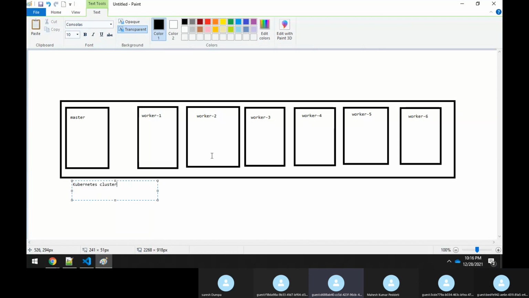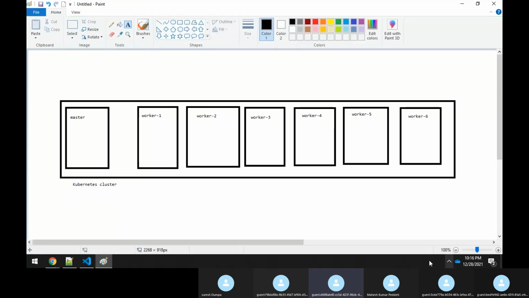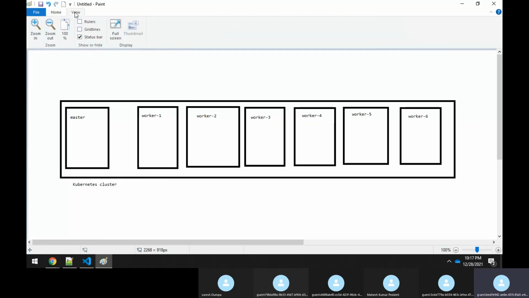Sir, Rajesh sir, can you please increase the font, sir? It is very small. Oh, this one, now? Yes, sir. Yeah, I'll increase it a little bit. Okay, thank you. How to increase the font actually? Wait.